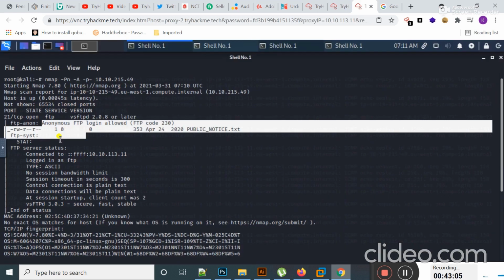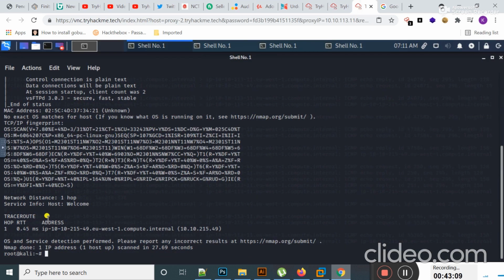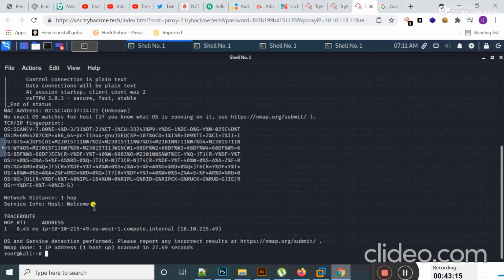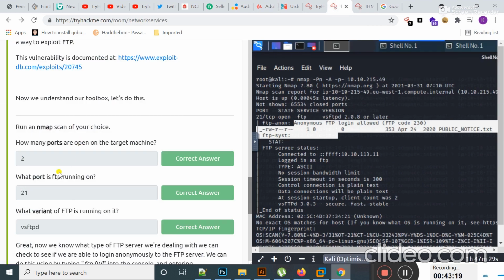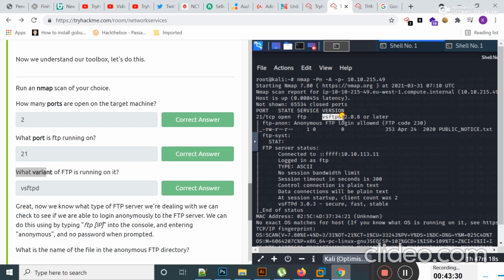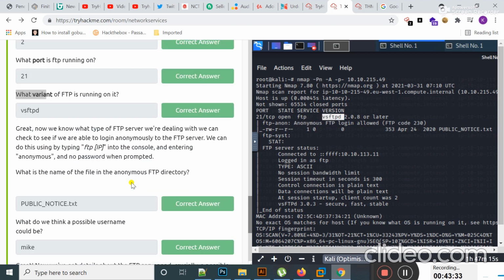Now all we need to do is start a netcat listener on our local machine. We do this by using this syntax. I typed here nc -lnvp and then the port number is 444, and hit enter. After activating the listener, what should I do?